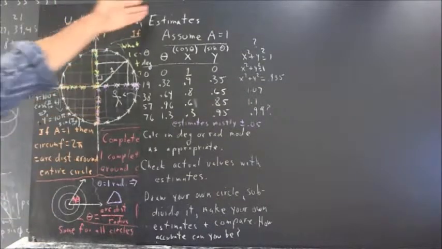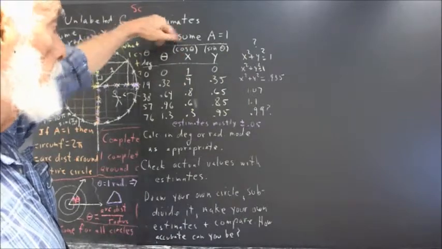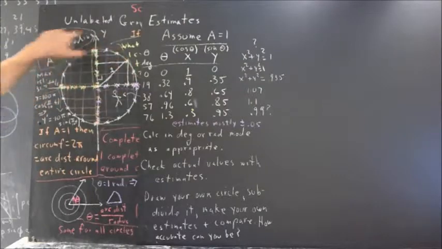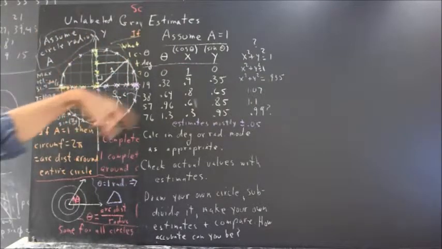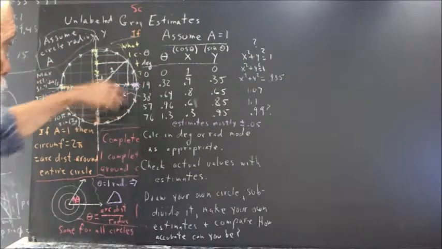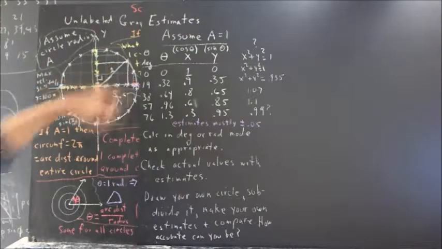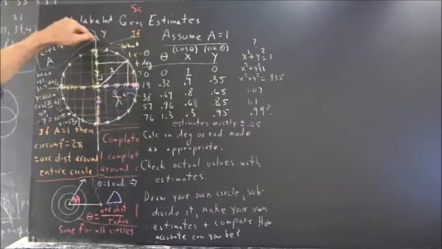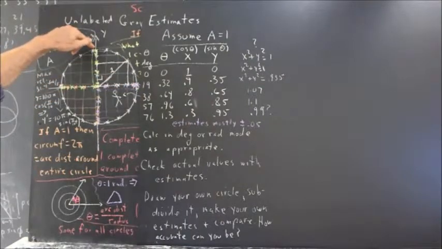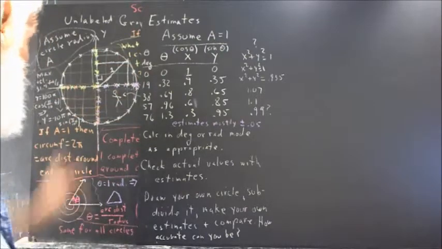Okay, we can estimate values of our x, which correspond to the cosine, and y, which correspond to the sine, for the various angles around the circle. The angles being 0 here, around to 2 pi radians here, or alternatively 0 around to 360 degrees here. Meaning that we go from 0 to pi over 2 radians in the first quadrant, and 0 to 90 degrees in the first quadrant. So we're just going to estimate the angles in the first quadrant